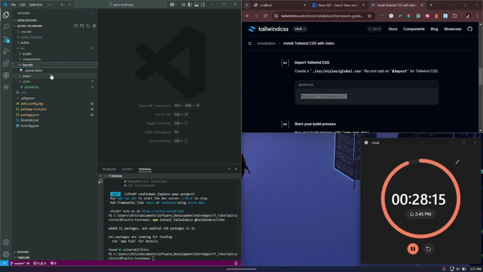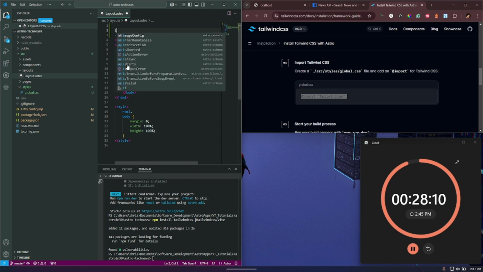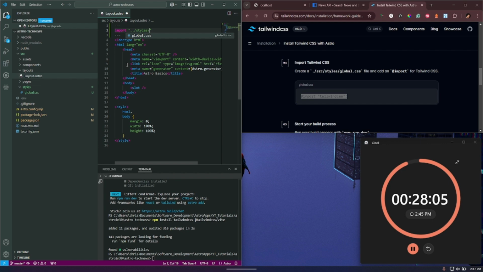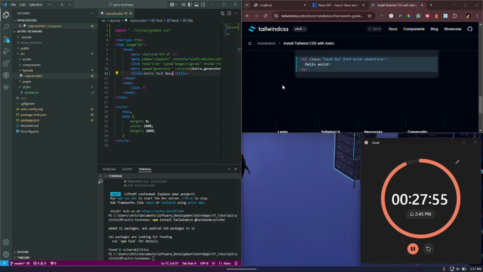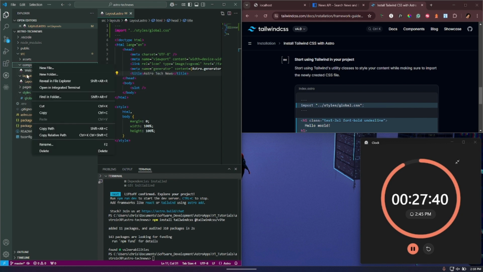And then in our layouts, we want to make sure we import that. Import styles / global CSS. Okay, so everything's there. We're going to change this to Astro Tech News. And okay, we are ready to start. So the first thing, what we're going to need is some categories for our header. So what we're going to create is a